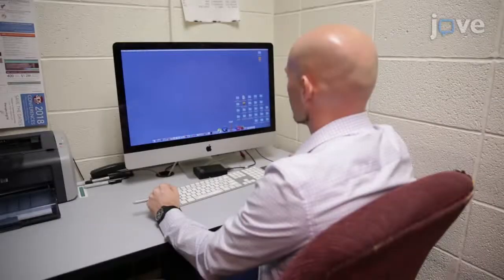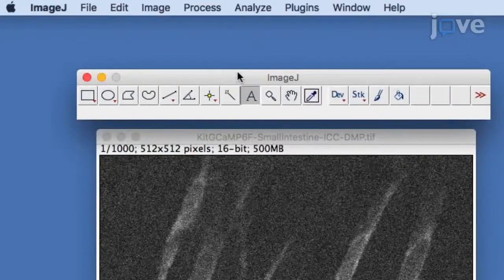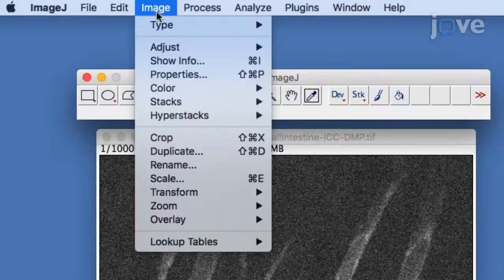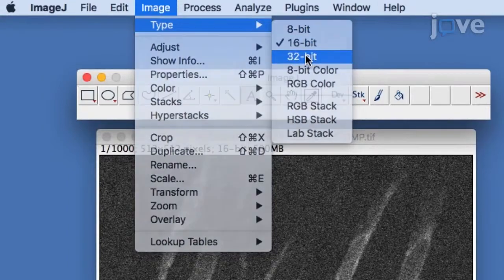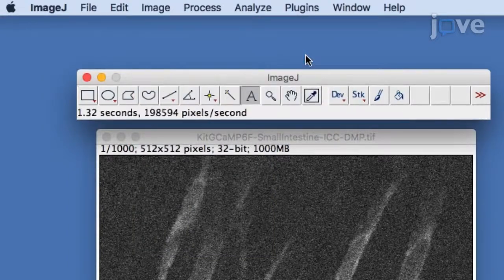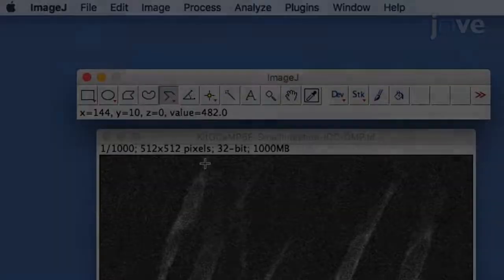To create spatio-temporal maps, or STMs, of the ICC-DMP calcium activity, open the image stack in ImageJ and click Image, Type, and 32-bit to modify the image quality. To create a line scan, right-click on the Line Selection tool and select Segmented Line. Using